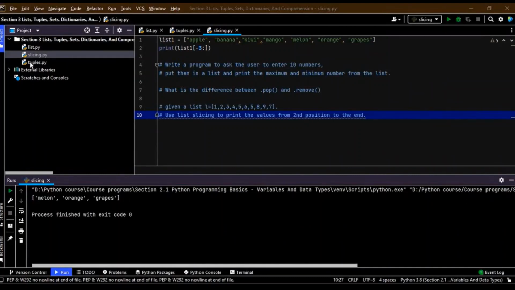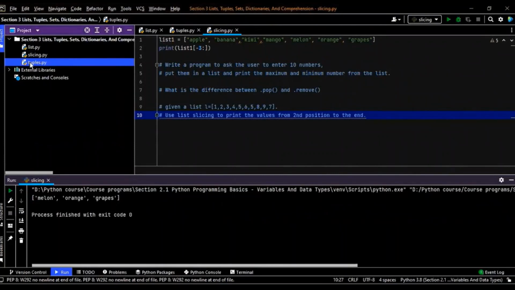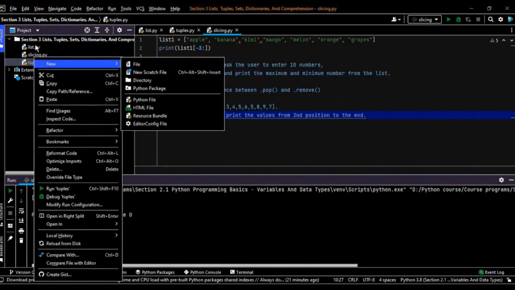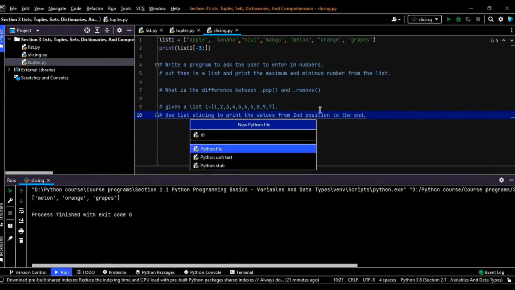Now, today we will be learning about dictionaries. I'm not talking about the dictionary which you have at home where you search up the meaning, but it's quite similar to that. But before that, I would just like to brief you that previously we have already worked on lists, tuples, and slicing. So if you haven't seen those videos, go back, have a look at them, and then come back over here and we will start